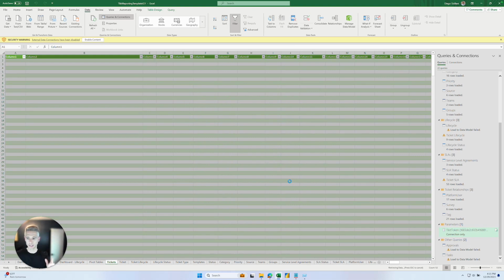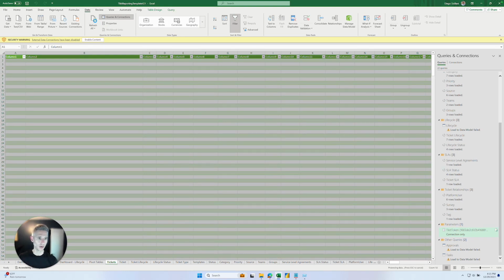Now, coming back to the customization of this template, let's say that we had an HR team and an IT team and a facilities team that just wanted to use Excel to report. You can create specific spreadsheets for those teams, customize these tabs, and send those off to the managers. Then they'll just launch the spreadsheet off of their desktop and refresh the data, which would be this option right here. And when they do, they'll get a live refresh of all the data for that spreadsheet,